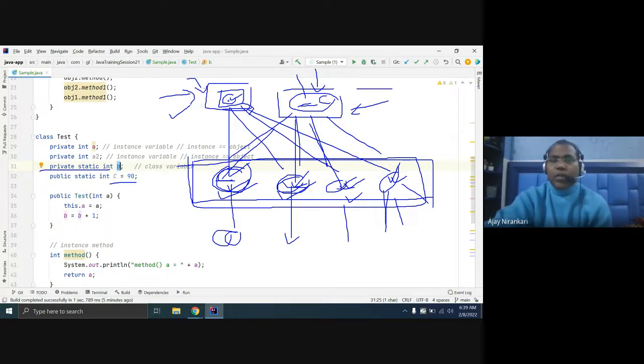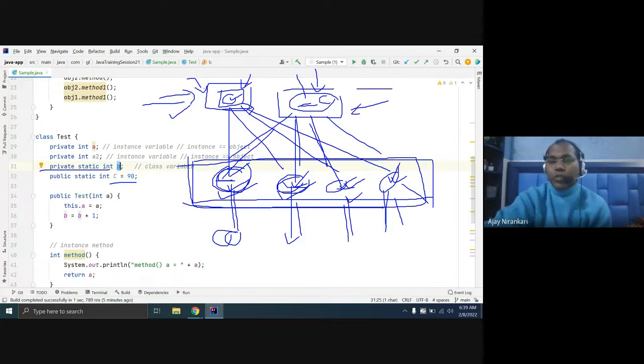Like you can say temperature, current date. Today's date is the same for all, right? If I'm asking what is the date today, you can say today is 8th February. So the current date can be static. A counter can be static. Constants should be static. Such variables you can mark static, meaning this value is the same for all the objects.